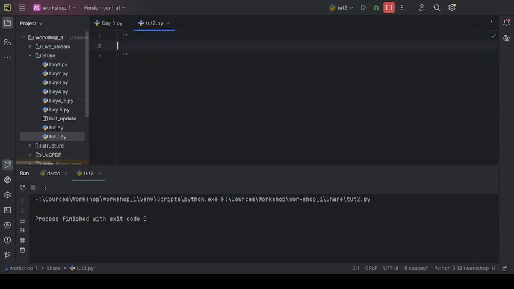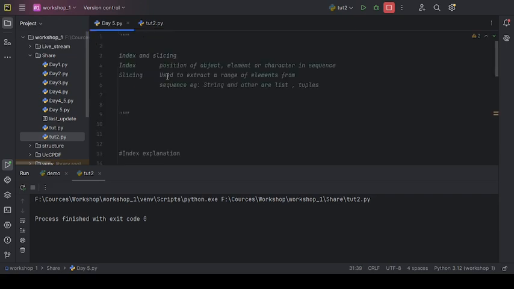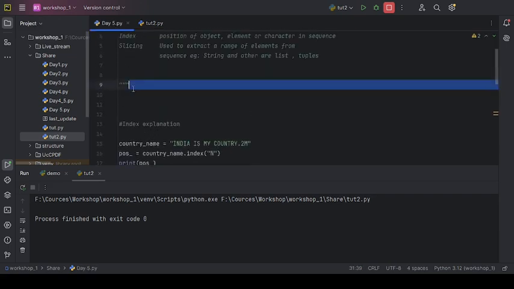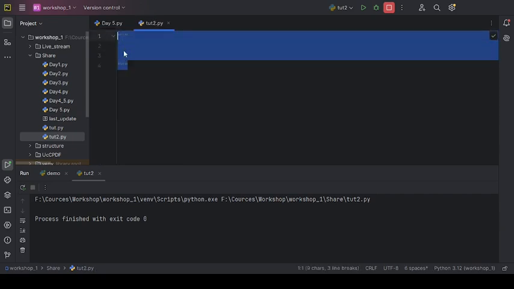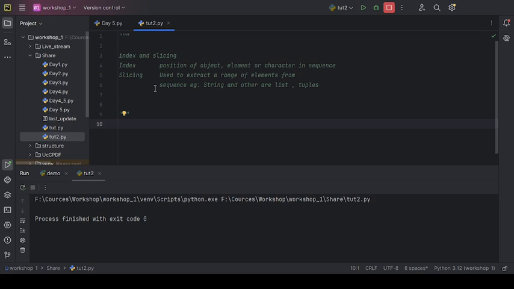I have already scripted this lecture, so I will be copying many of the codes so that I can save time. So indexing and slicing. Indexes are nothing but the position of an object, or the correct term, an element in a sequence.